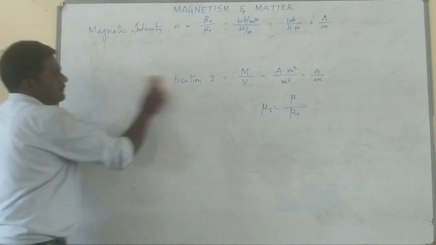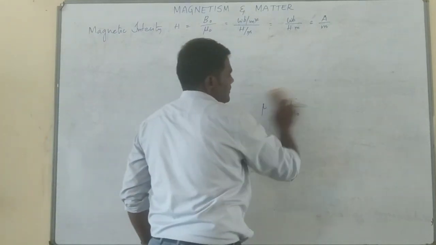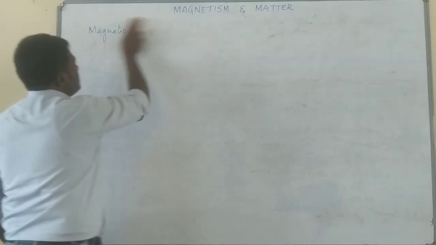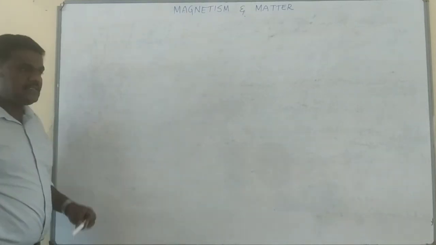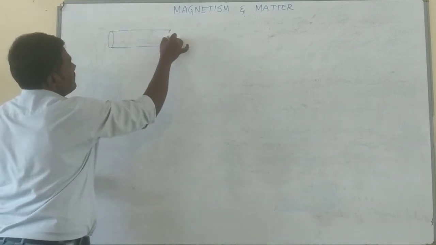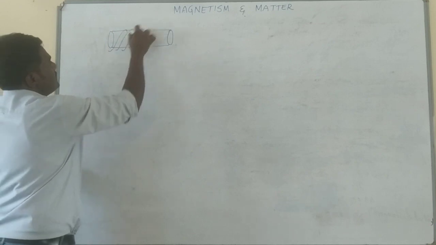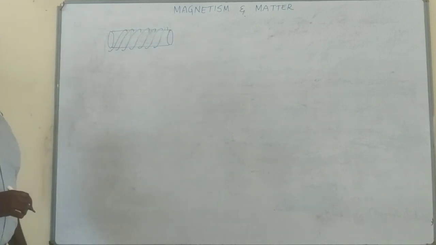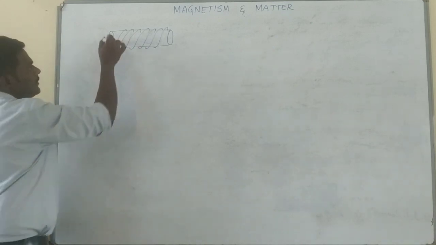You know what a solenoid is? I discussed it in the previous concepts and the previous lesson also. The topic came twice in each of the lessons. So take one such solenoid. So this is the solenoid, and it has turns in it. If you allow some current to pass through it, it produces a magnetic field.